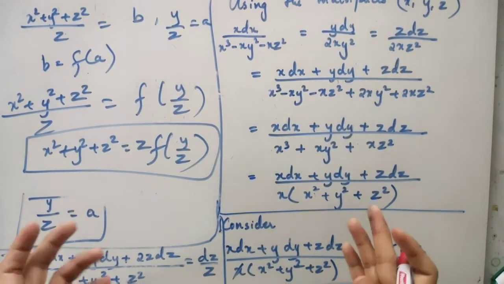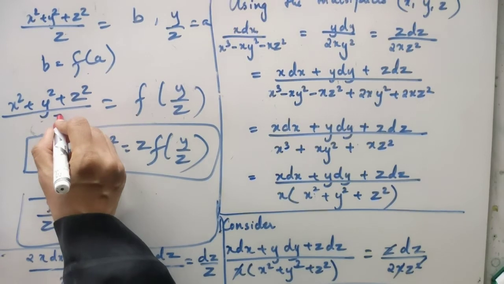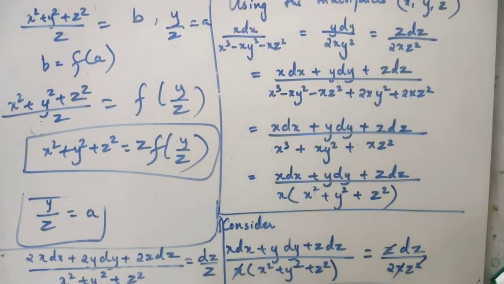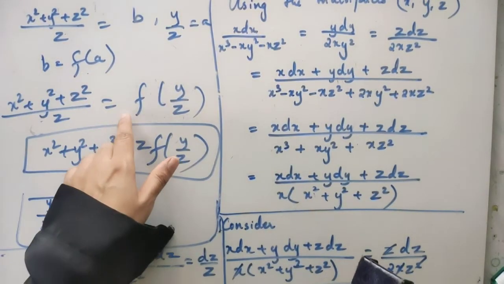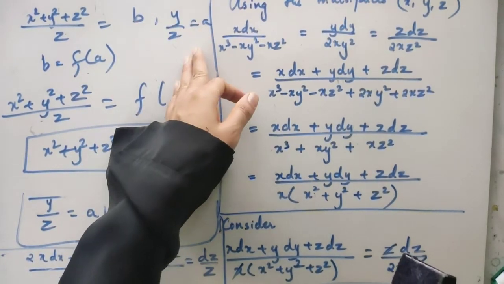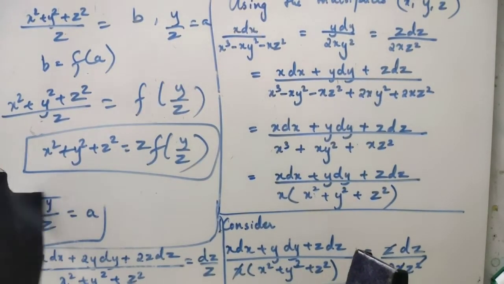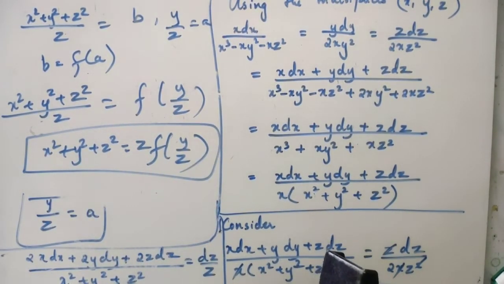Now since a and b are arbitrary constants, you can interchange the places. It's not a problem. I told you in the beginning also, it's not at all a problem. You can first use the multiplier, simplify. You may have got that to be a, and later when you would have taken this, you may have got it to be b. So a is equal to f of b also is okay, b is equal to f of a is also okay. So it has no problem at all.